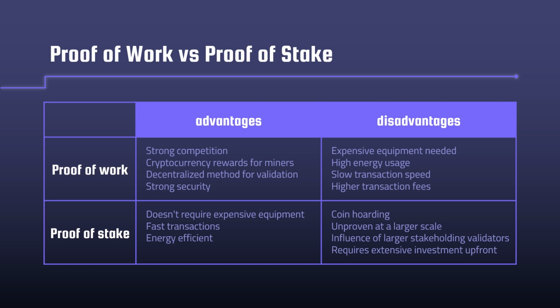Proof of work is more secure and decentralized than proof of stake, but it's also slower and more energy intensive. Proof of stake is faster and more energy efficient than proof of work, but it's less secure and more